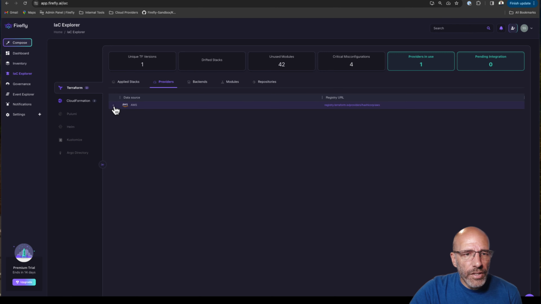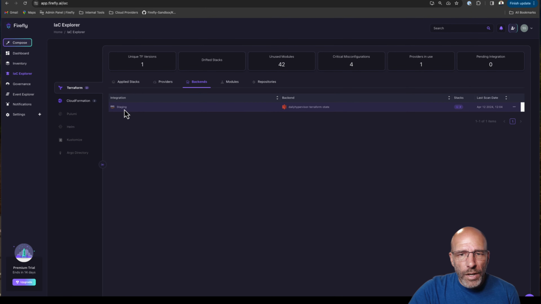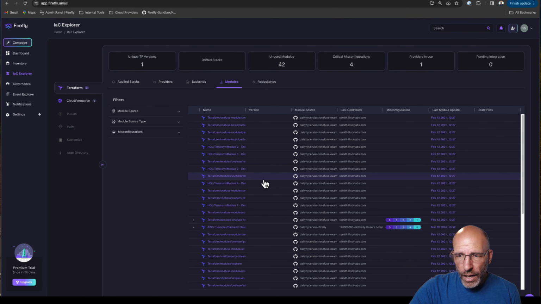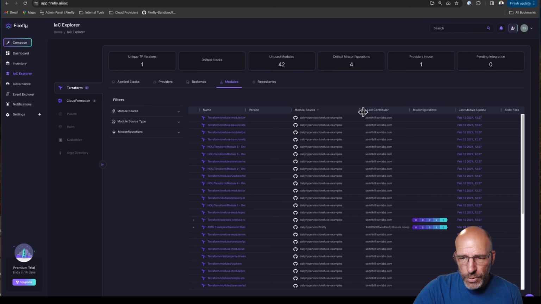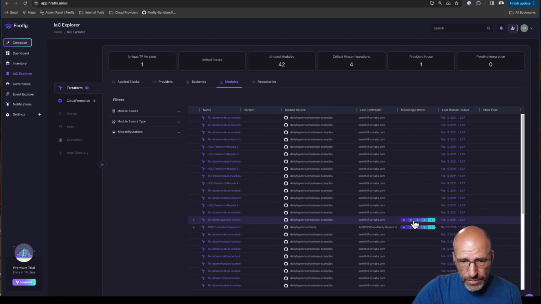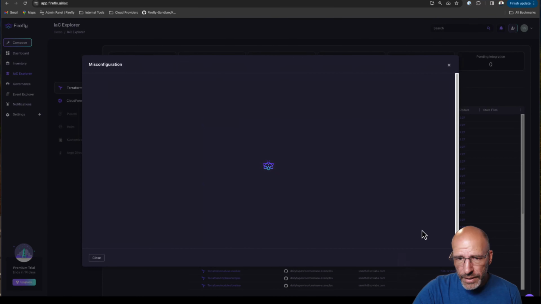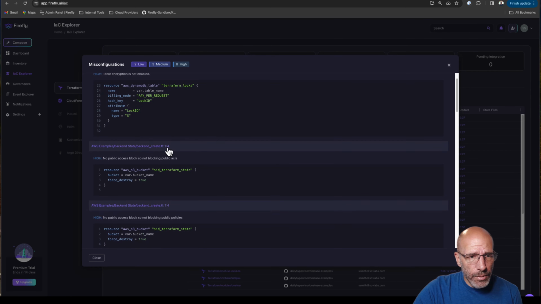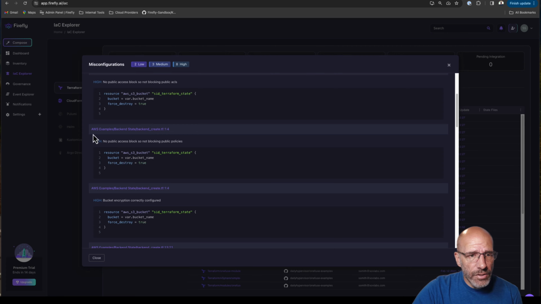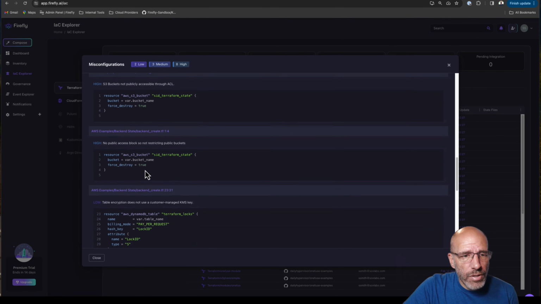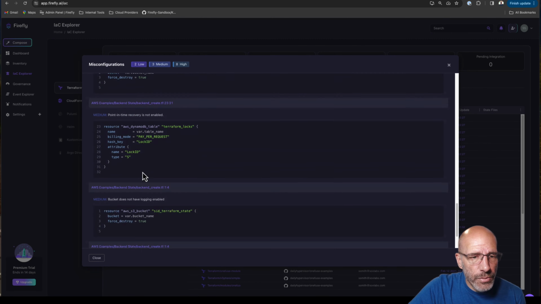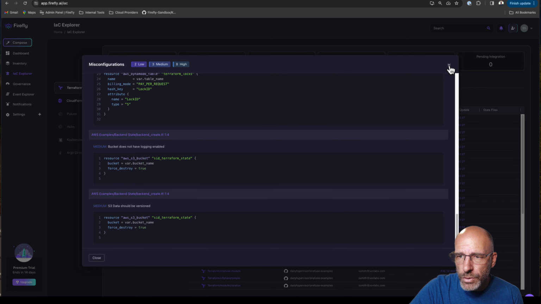Moving on, we can see the only provider in use is the AWS provider. I have 1 backend on AWS, and a number of Terraform modules that it detected out in my repositories. Some have policy violations. So if we take a look at this, table encryption is not enabled. No public access blocks, or not blocking public ACLs. So a number of violations that I'll probably want to address within some of these modules, but we'll get there